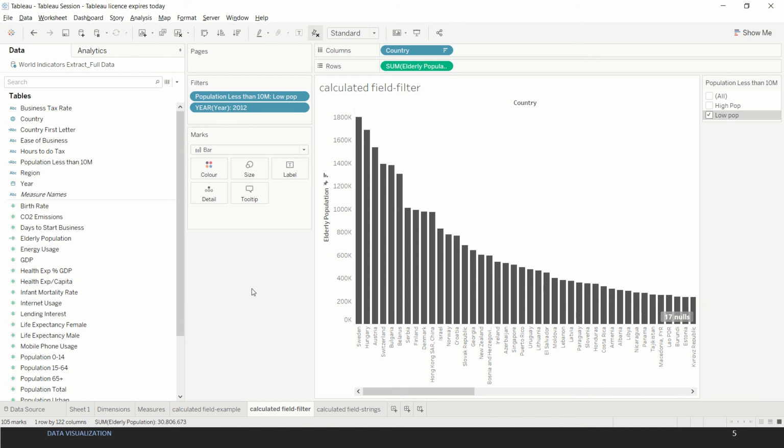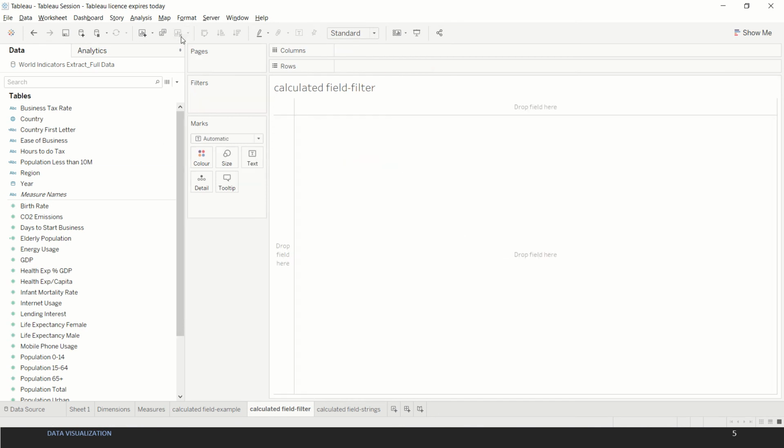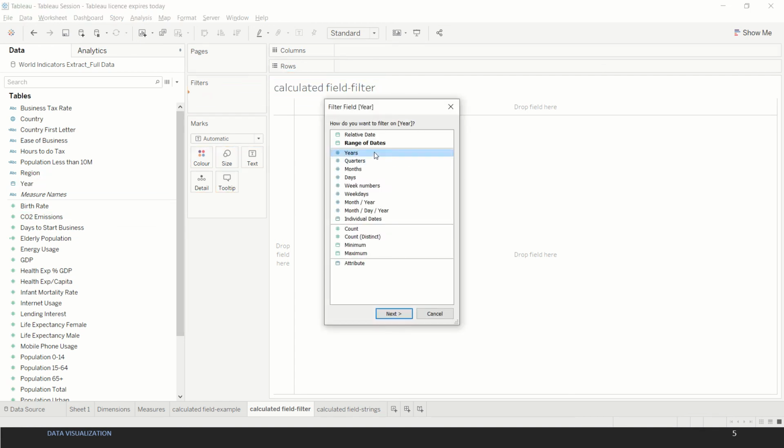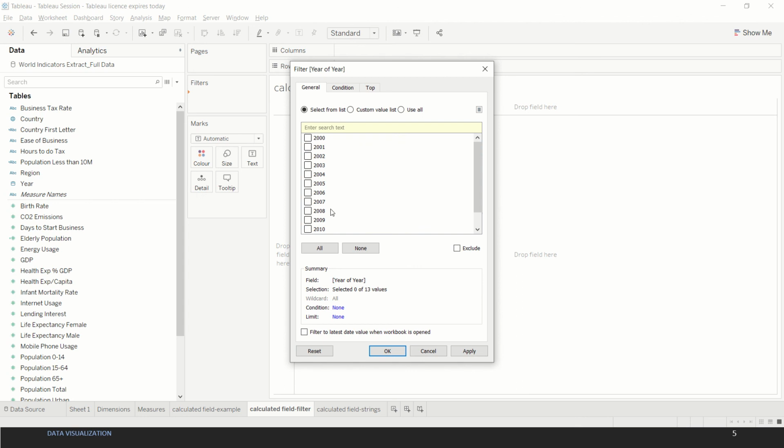Now, for ease of understanding, let's recreate this sheet from scratch quickly. First of all, we can clean the sheet by using this button. Now we need the year in the filter shelf, and we're just going to use the latest year, which is 2012.